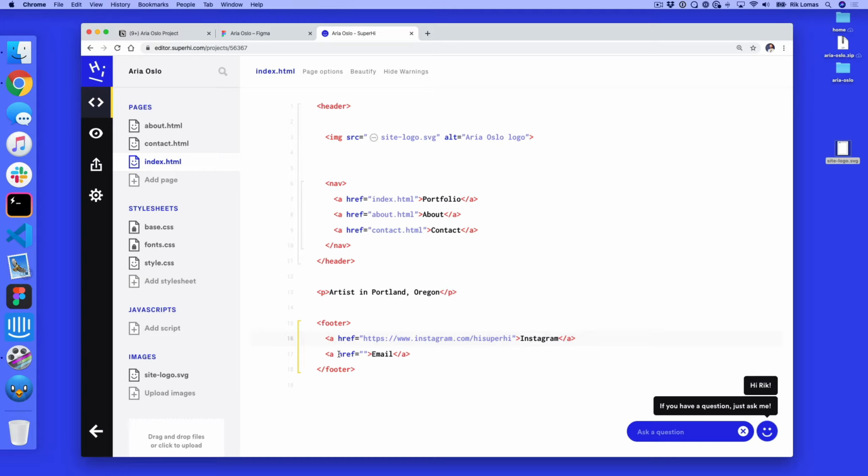What about email though? Well, if I just want to open up an email, this first bit here, this HTTPS, is what's called a scheme. Basically, it's a scheme that's used in web browsers, but we don't want to use a web browser here. We want to send an email. So what I can do here is also add in mailto: So mailto will tell the browser to make a new email. Who do you want this to go to? We want it to go to